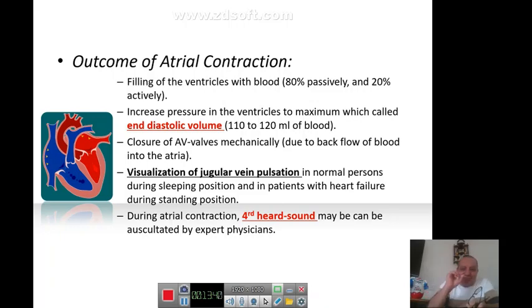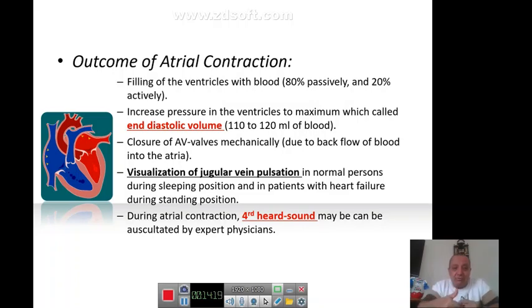So during this phase or moment, the AV valve will be closed and we can hear the first heart sound. Whereas when the blood is moving from the atria to the ventricle during the atrial systole, we can hear the heart sound number 4. But during the closure of the tricuspid and mitral valve, due to the volume of the blood reaching the maximum, in that time we can hear the first heart sound. Okay, this is very important.